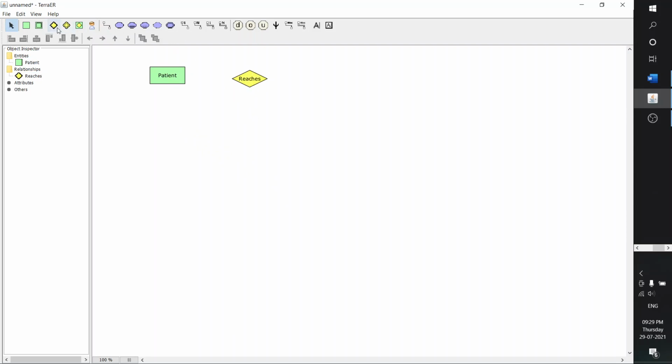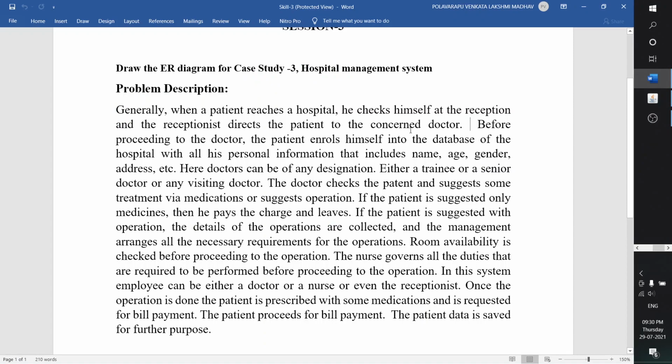I think this is perfect. Without any confusion, now let us draw these empty lines. After reaching the hospital, he checks himself at a reception and the receptionist directs the patient to the concerned doctor.